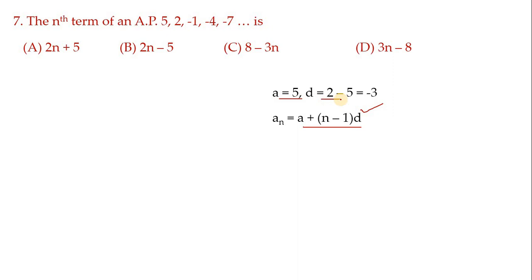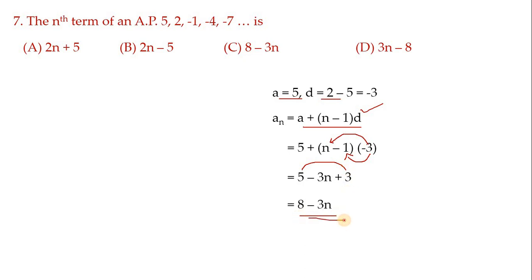In the place of n, let it be n itself, because we are going to find the nth term only. So just like this. Next, this minus 3 multiplied by n, we get minus 3n, and this minus 3 multiplied by minus 1, minus into minus is plus, 3 ones are 3, plus 3 we will get. Now here, plus 5 added to plus 3, we get 8 and minus 3n as it is. So now this is our answer. So this is option C. Next, let us move on to another one.